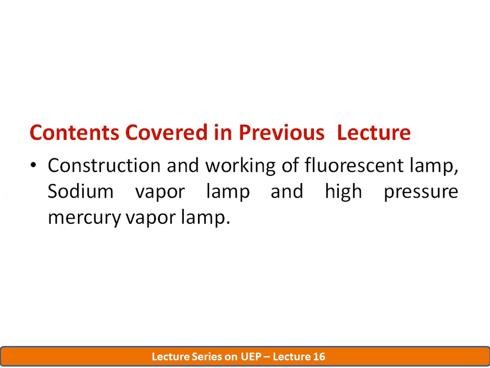Ballast acts as a voltage booster. It's also called a choke. It takes 230 volts and increases the voltage up to thousands of volts, 1000 volts. The high voltage increases the ionization effect and it increases the velocity of the electrons. The capacitor is used to improve the power factor. The choke also acts as a current limiter in the circuit.